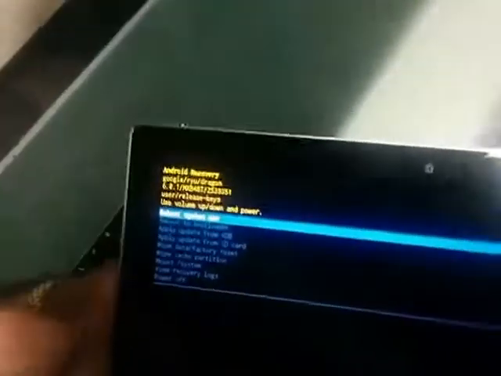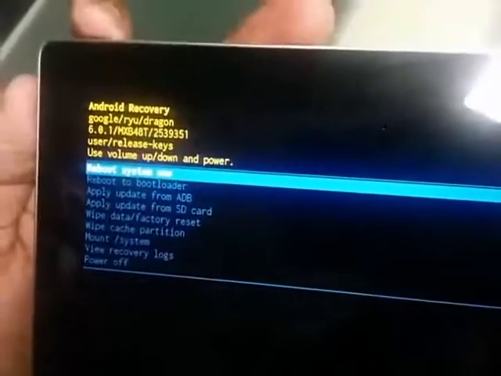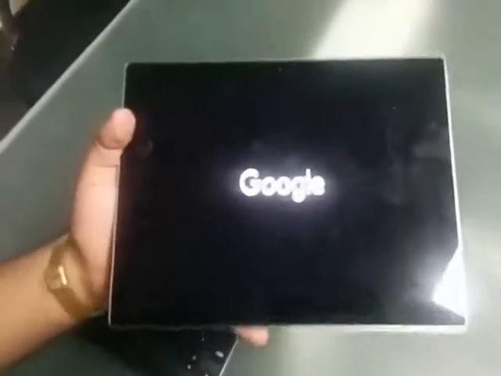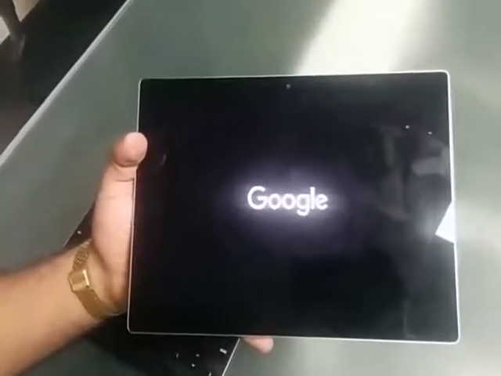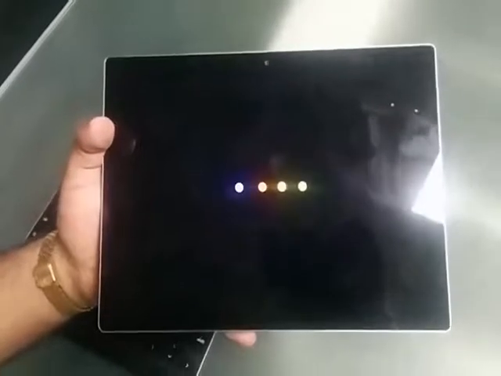At the top there is an option, reboot system. You just reboot the system by pressing the power button, and it will start again. Hopefully now it will start normally.